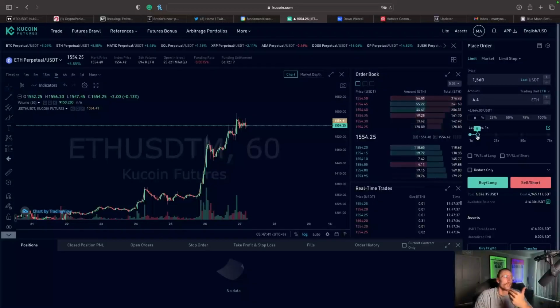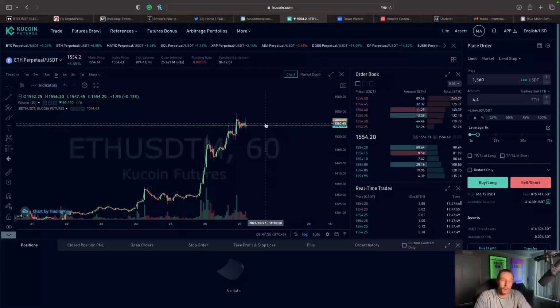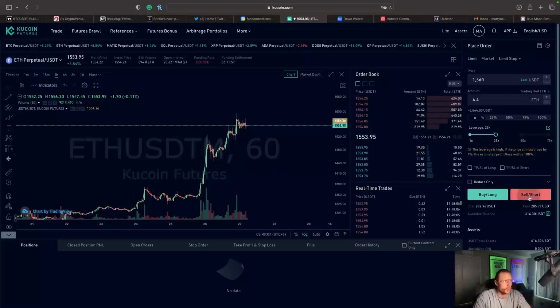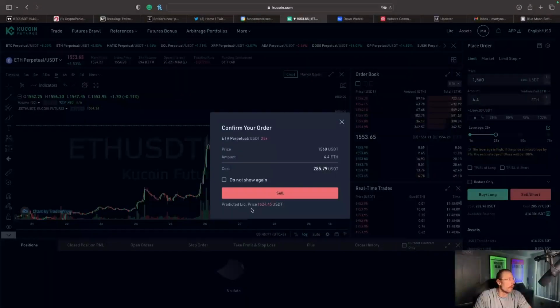Now, the lower leverage you go, the more risk tolerance you have, meaning the trade can go in the opposite direction against you. So this is what liquidation is. Let's say I opened up a leveraged short position on Ethereum at this price, and Ethereum went up to like 1600 or something. Then at a certain price, I would get liquidated. So let's say I do 25x leverage and I click on sell short. It lets me know that if you execute the trade at the 1560 mark, and Ethereum reaches the price of